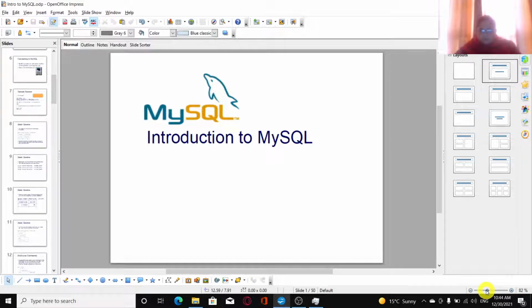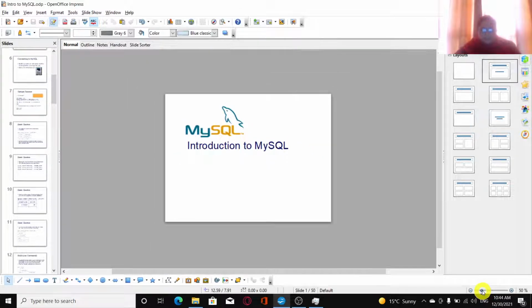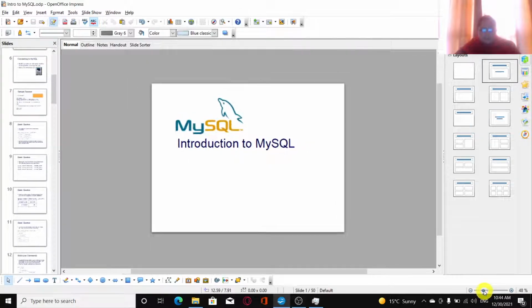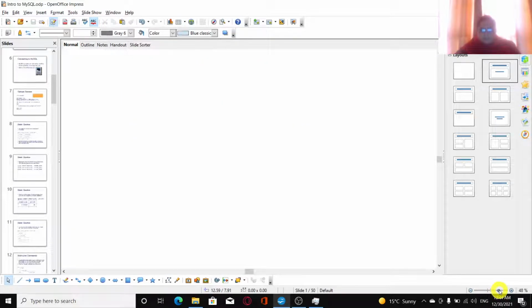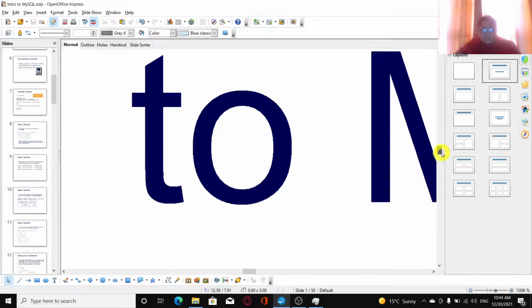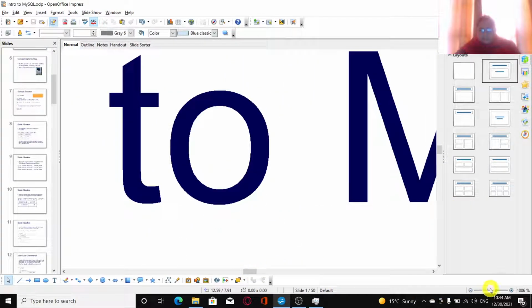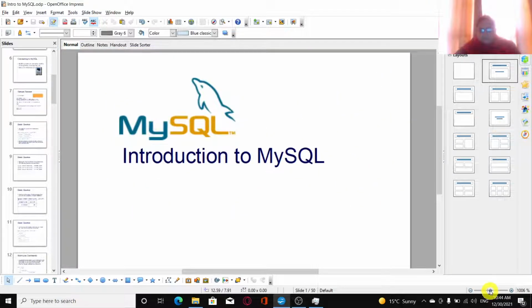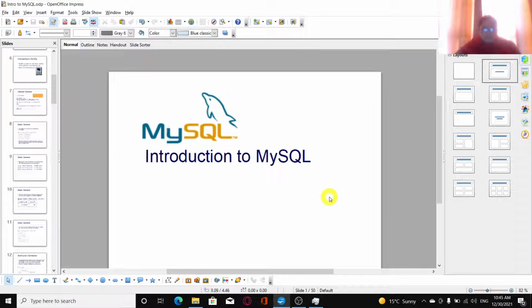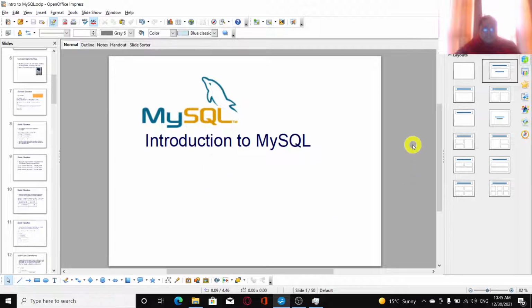So now if I move it towards the minus sign, you can see that the magnification level is decreasing, and if you move it towards the plus sign, magnification level increases. You have to adjust it using these horizontal and vertical scroll bars, but that becomes very cumbersome. So the best option is the one which fits the entire slide within the workspace. So this is also how you can set the magnification or zoom level in your presentation.